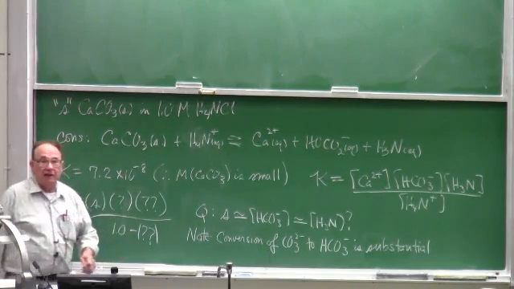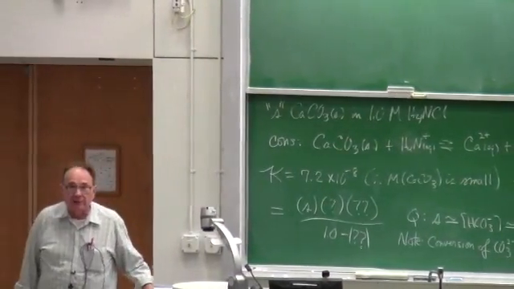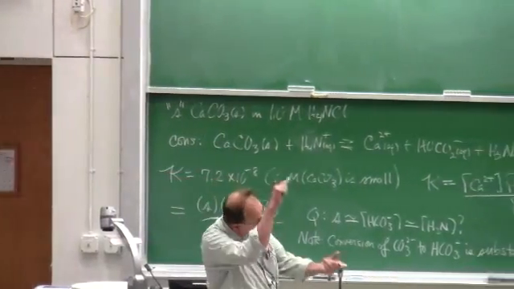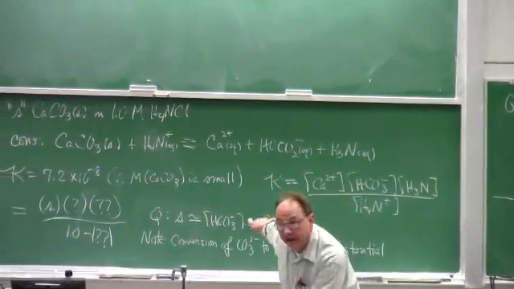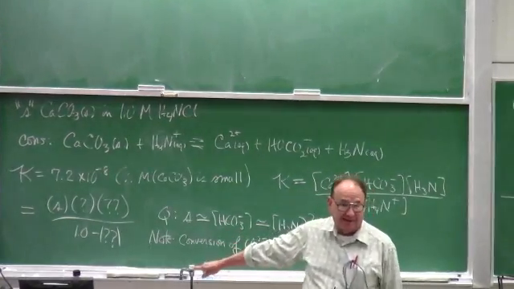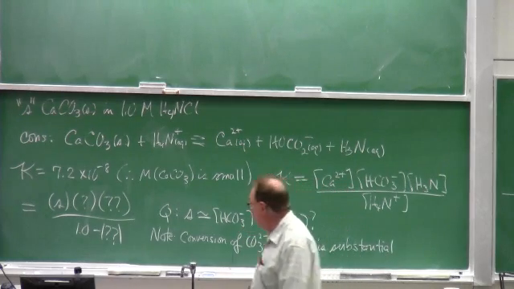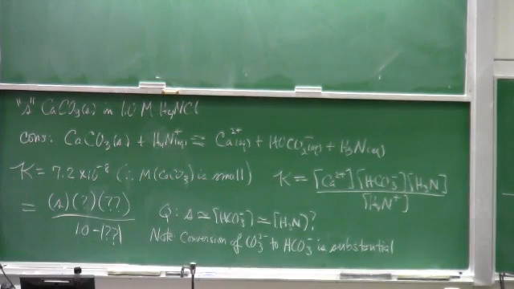that even though the solubility of calcium carbonate in ammonium chloride solution is certainly greater than the solubility of calcium carbonate in straight water, because ammonium ion is a much stronger acid than straight water, calcium carbonate isn't very soluble in ammonium ion system. That K value is very small, and it tells us that. So we've already cast the argument.